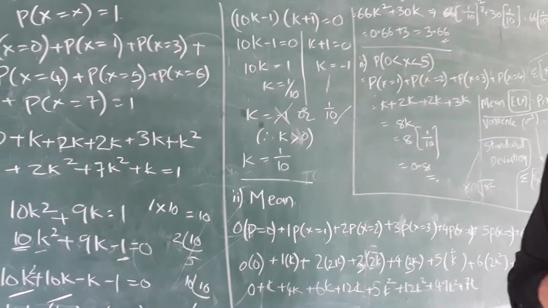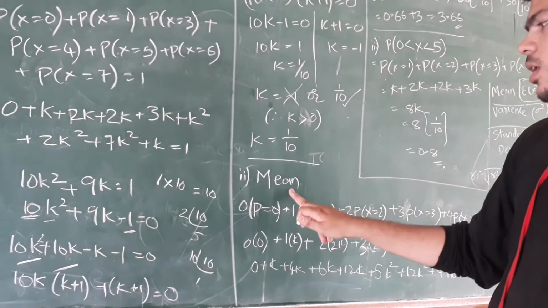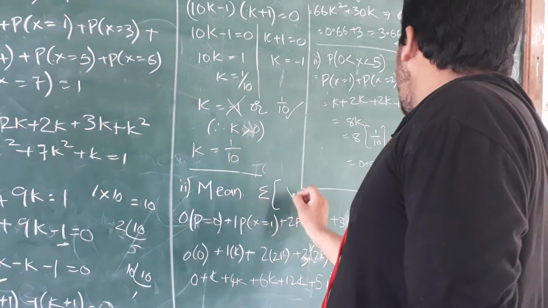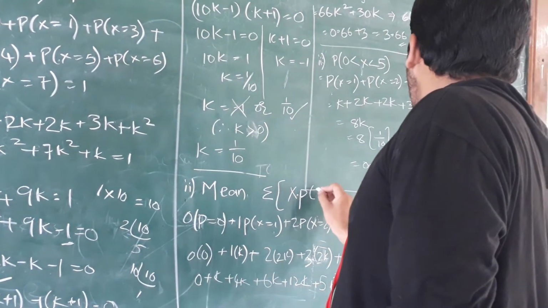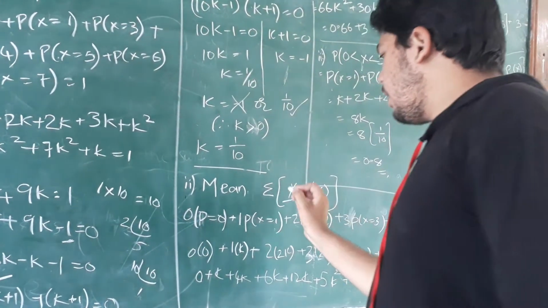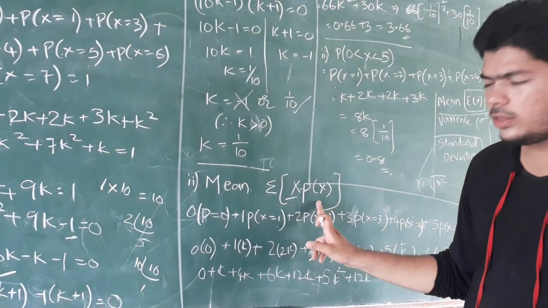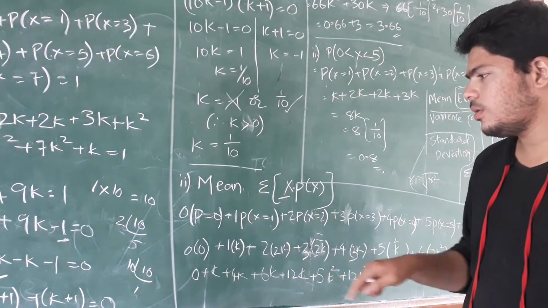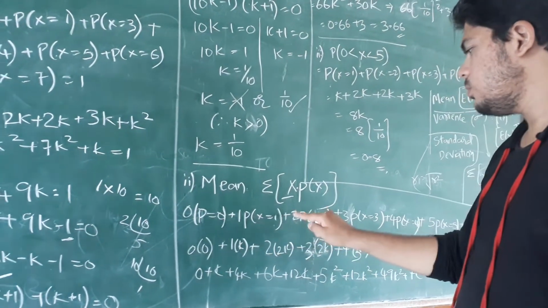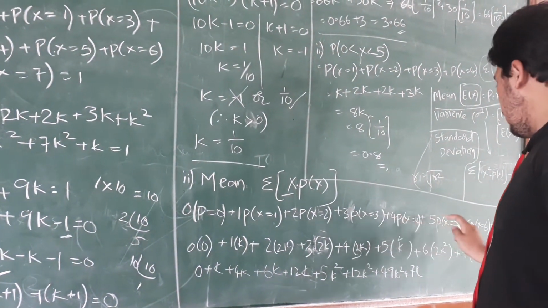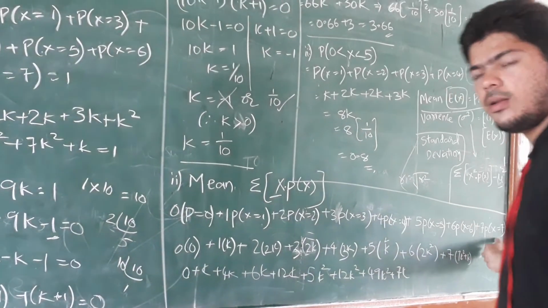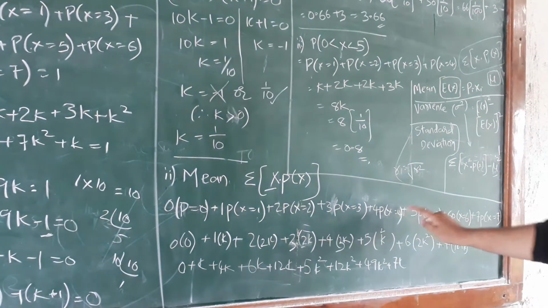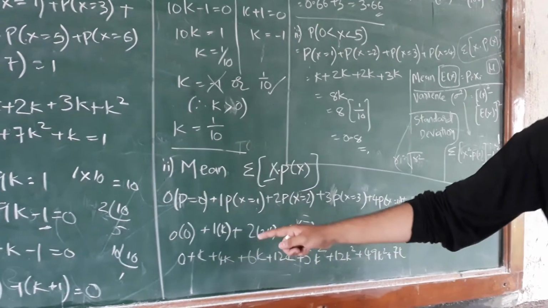Now the second question is mean. What I said before, mean is the formula I have written there: summation of x into p of x. X and p of x, all the summation. Summation means entire numbers. We have 8 entire numbers there: 0, 1, 2, 3, 4, 5, 6, 7. In the same way, the probability of the zeroth number, 1, 2, 3, 4, 5, 6, 7. All we should add here.